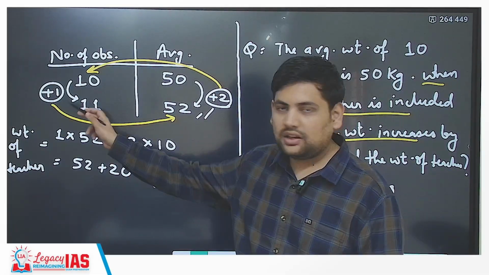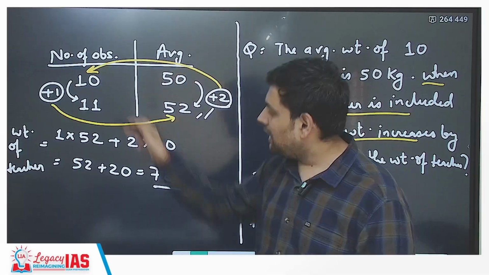So this is the method that we'll be using. First we'll write the difference here, and then multiply and add like this. Then